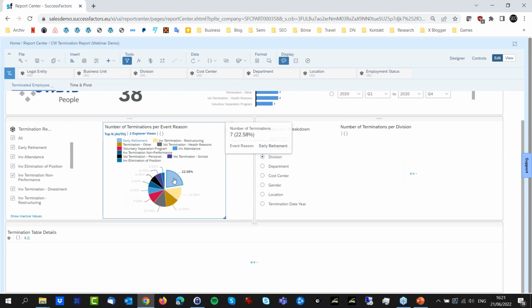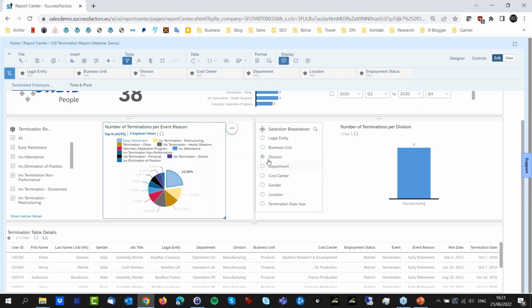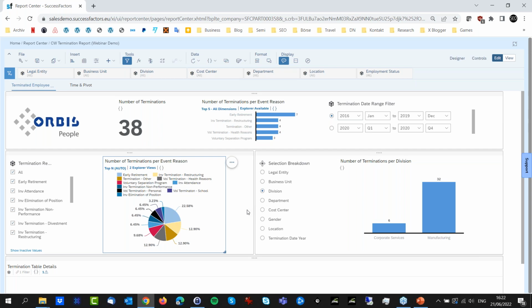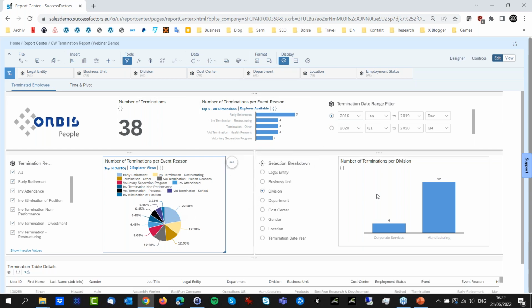So basically I would get it filtered by the 7 terminated people by division, and I get the 7 people here down. So it's really interactive, and you also can cascade the interaction or the linked analysis with other objects, as you saw when I select which chart or component should be